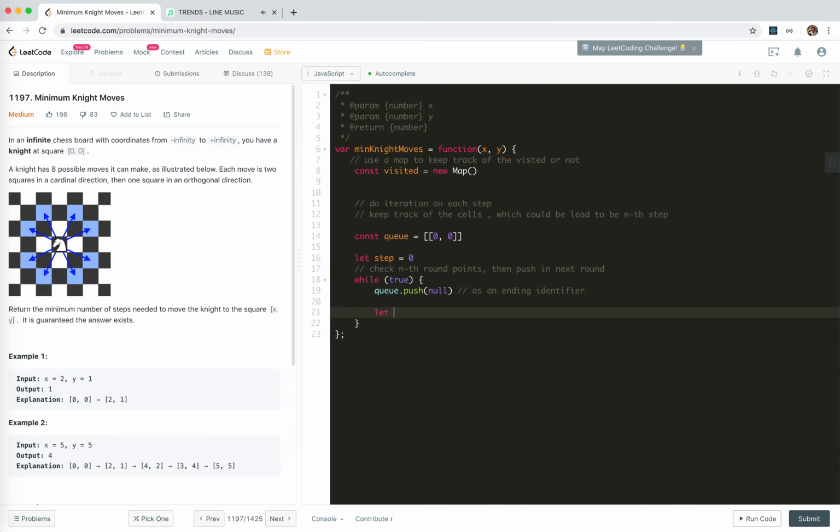So let's do the head. While head equals Q shift. This while loop will end at this null, so it's going to be okay. After we check this, and then we need to update the step, right? And then the next step is